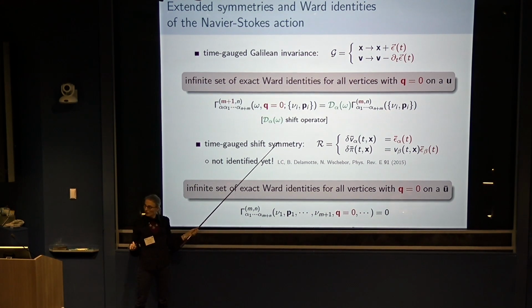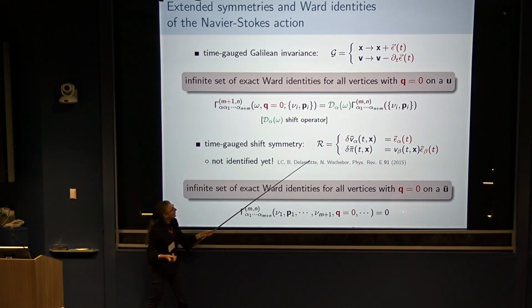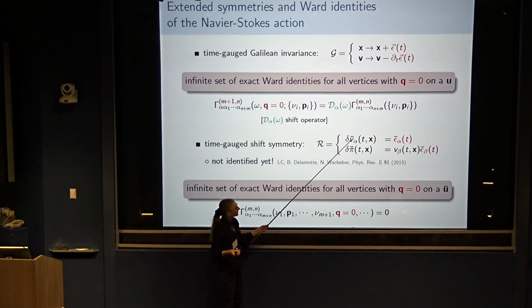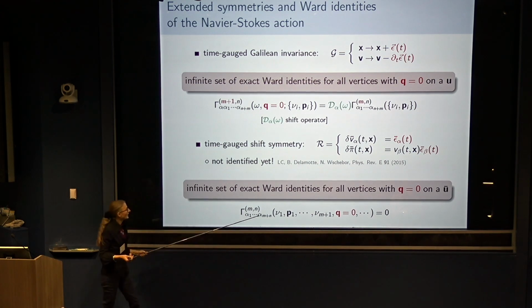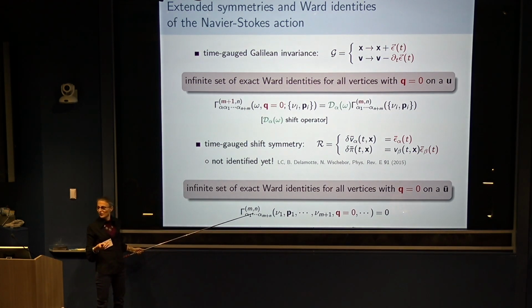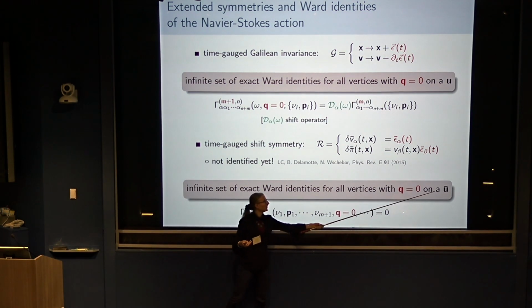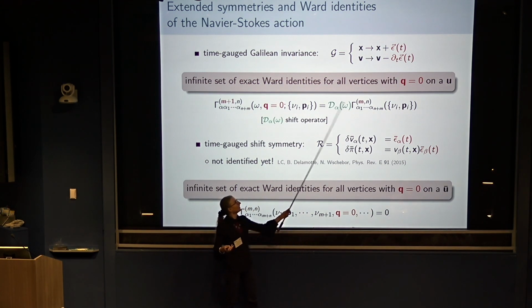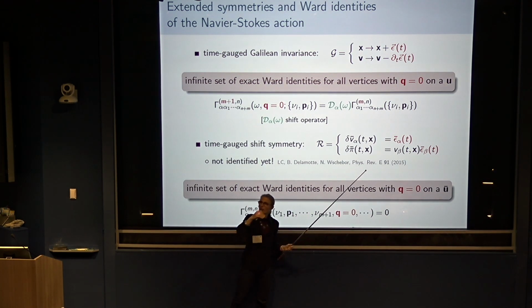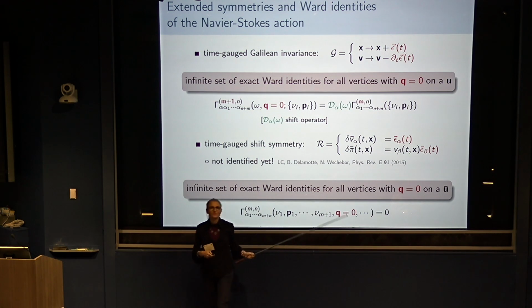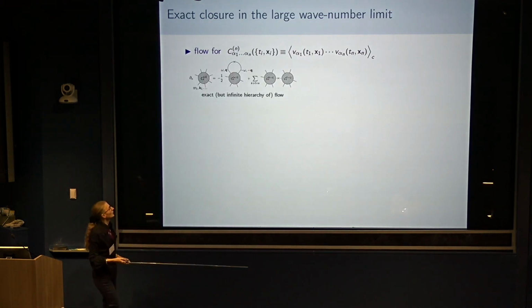But in fact, there is another one which was not well known, and which is essentially a shift in the response field sector. And if you do that again, you obtain Ward identities. And here it's an extreme reduction because, in fact, they just vanish. And they vanish when you have a q equals 0, but this time carried by a response velocity. So it means, in fact, if you have a q equals 0 on any of the legs, you can lower the order.